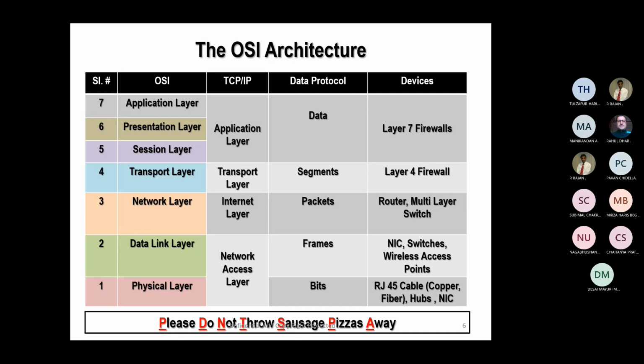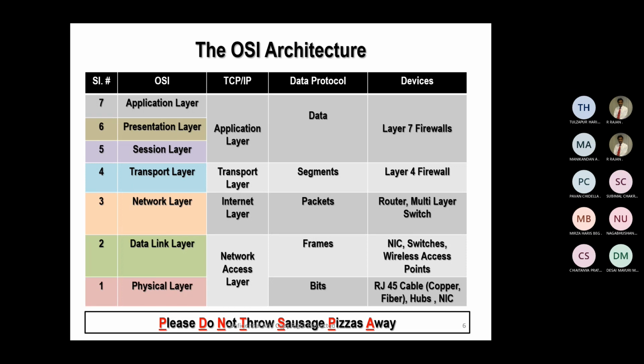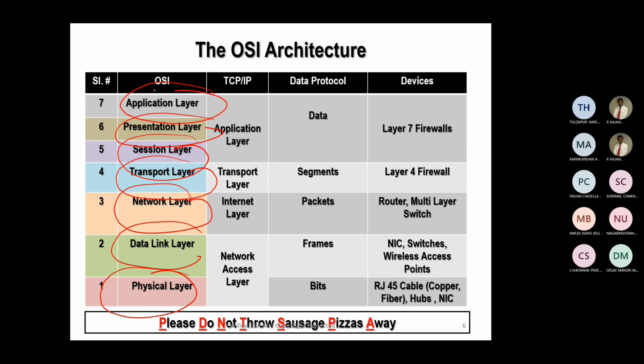Now I had taught you the OSI architecture in the first session, contact session 1, where the OSI architecture is the modus operandi through which the communication that happens between two entities or two objects or two individuals will have to comply with through these 7 different layers, which is a physical layer, data link layer, network layer, transport layer, session layer, presentation layer, and application layer.